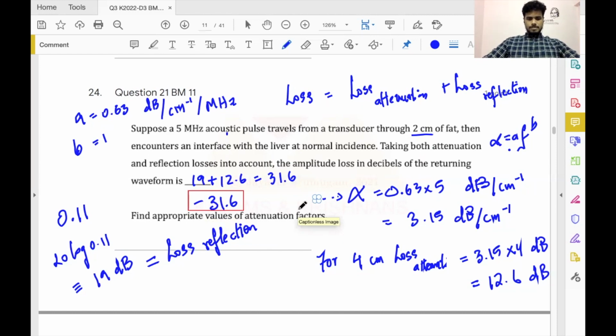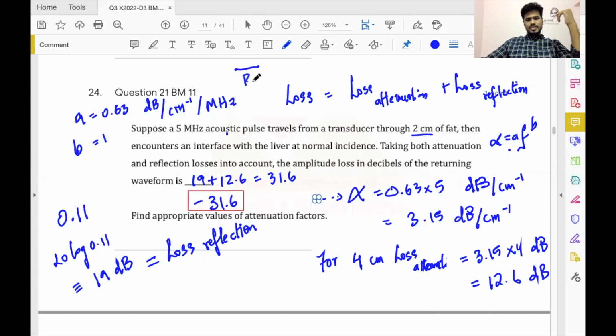I have a question. The returning waveform that is being called over here, it is the reflected wave, right? The wave that is being reflected from the interface. So then, why are we taking the reflection loss into account? Shouldn't we take transmission loss? No, that is